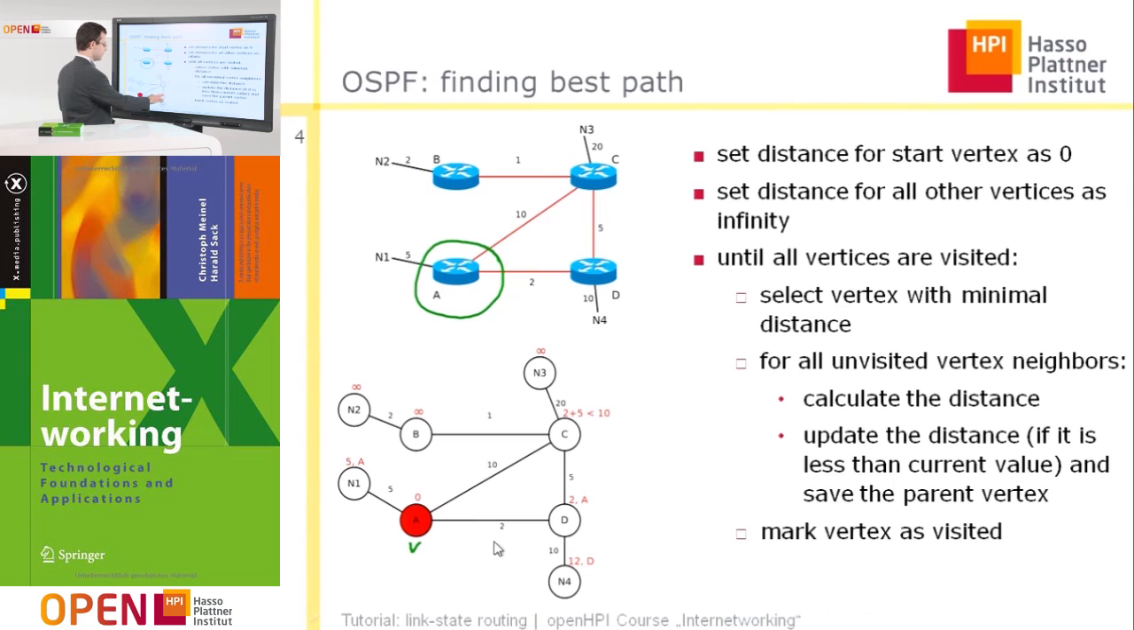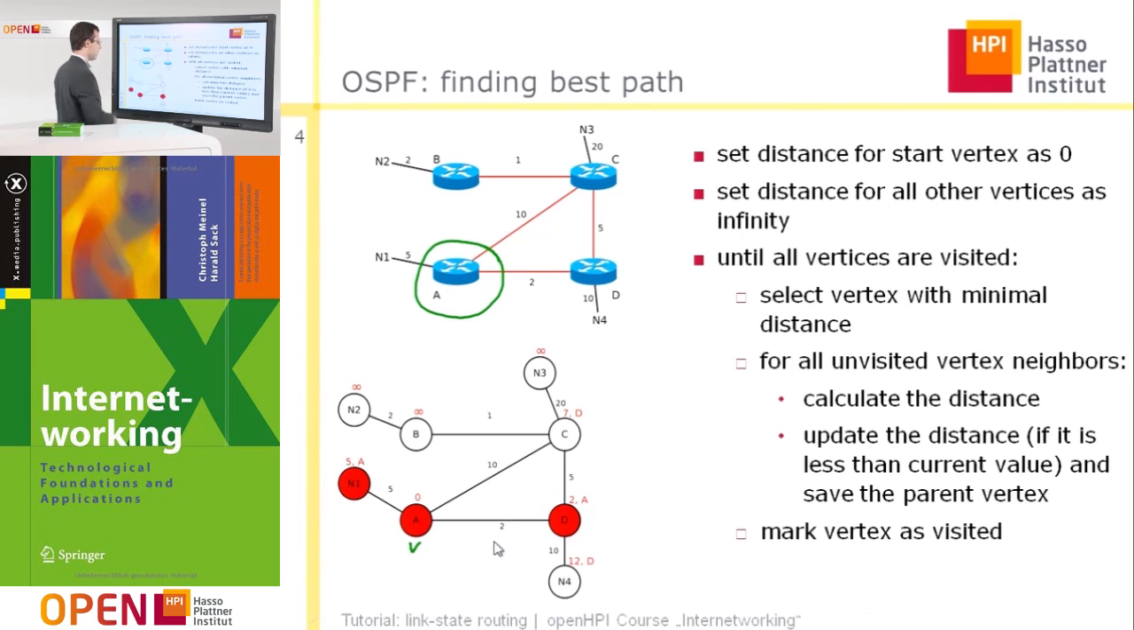So the distance of D plus 5 is 7. 7 is less than 10, so we should update the path, the distance to the vertex C, and also update the parent vertex, changing it from A to D. Now when we have checked all the neighbors of D, we could mark D as visited, and again go to this stage and select the vertex with minimal distance, which is now N1. N1 has no neighbors, so we could immediately mark it as visited